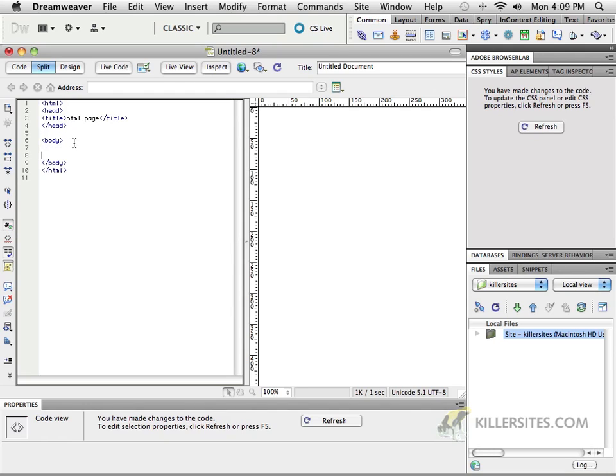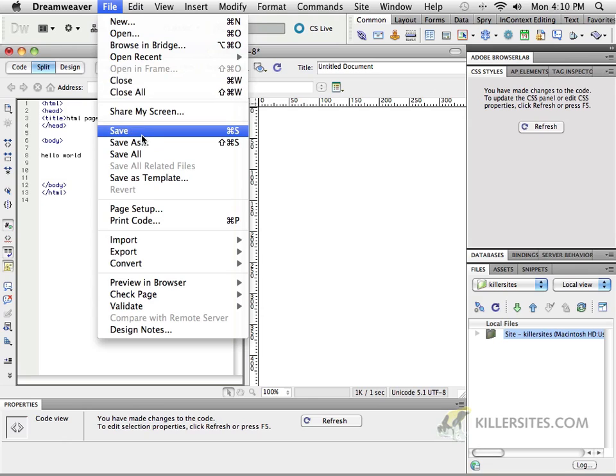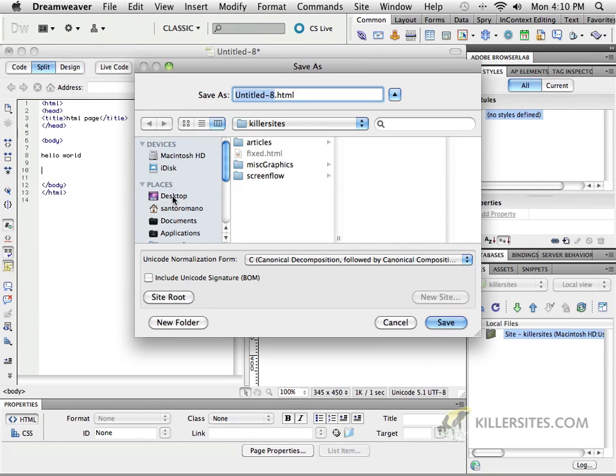So inside of my body tag, you can see I've got my information, my open and close HTML information. So if I were to come in here and say, hello world, I just want to speak to you about saving this page. So if I were to say File, Save, Command S is the shortcut, and save it wherever you want, on your desktop, anywhere else for that matter, you'll notice there are a couple of things about the information that you